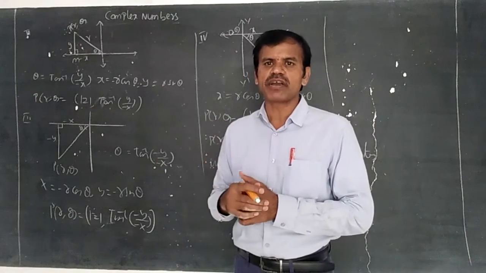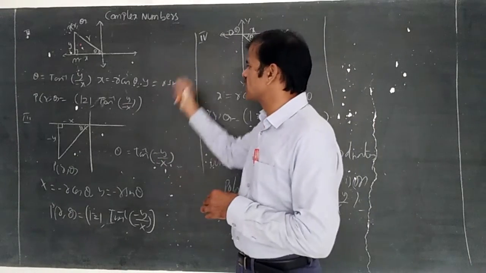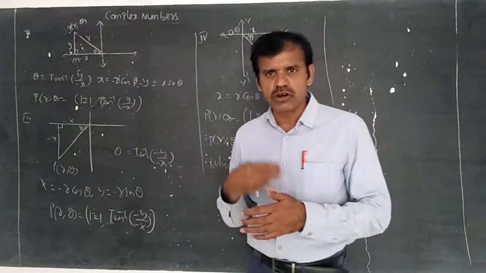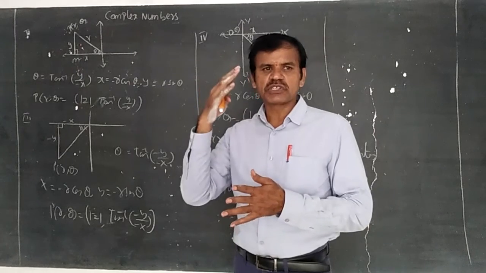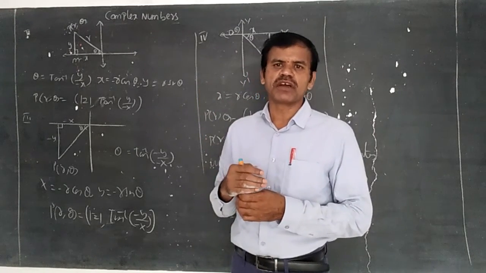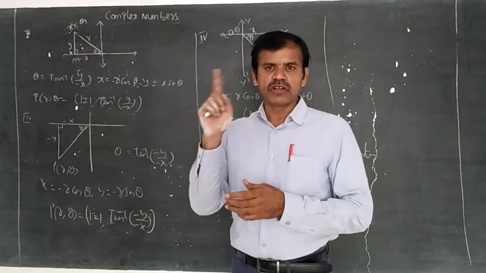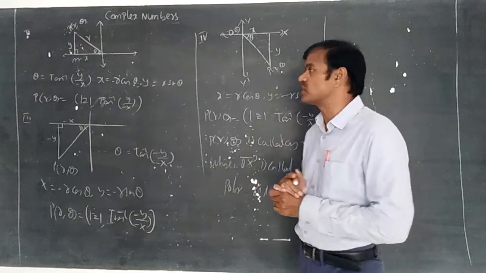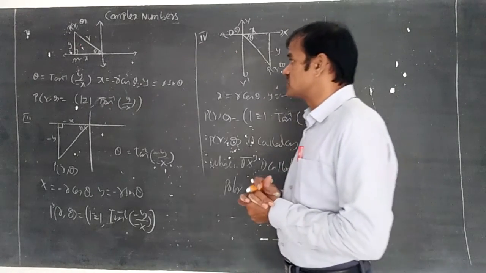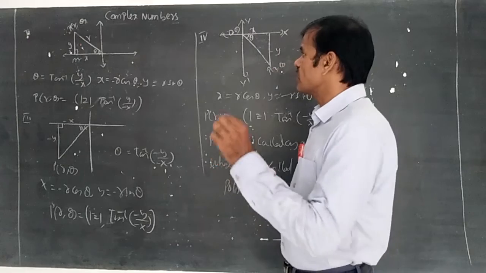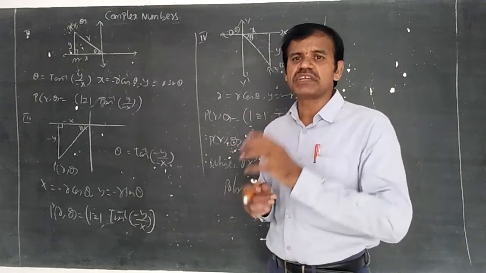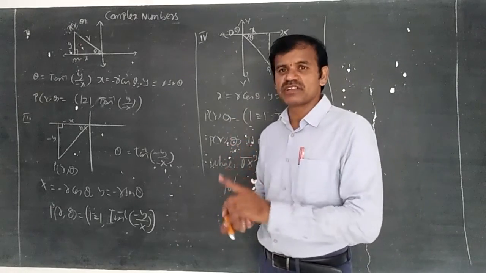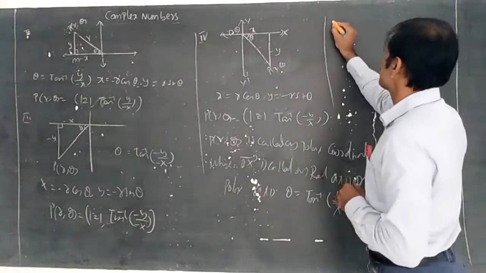But in the case of r comma theta, this theta you can rotate from 0 to 2 pi, next second rotation until 4 pi, third rotation until 6 pi, to n rotations, n belongs to Z. So many plenty of rotations you can rotate in positive and negative direction also. So you can mention here the difference between polar coordinates and Cartesian coordinates: a single point represents plenty of coordinates in the polar coordinate system, but in the Cartesian coordinate system a single point represents only a single point. That note you should write.